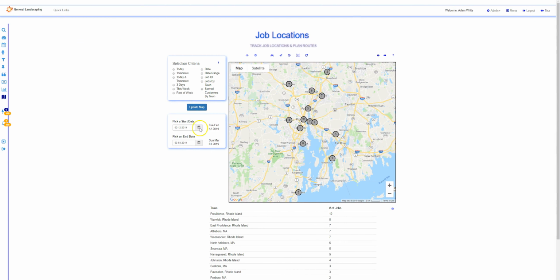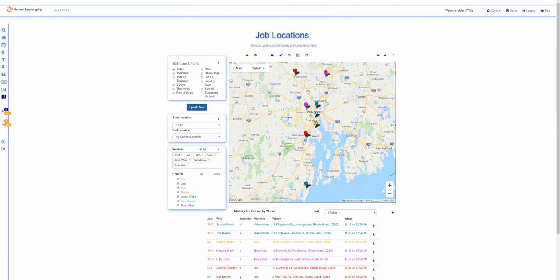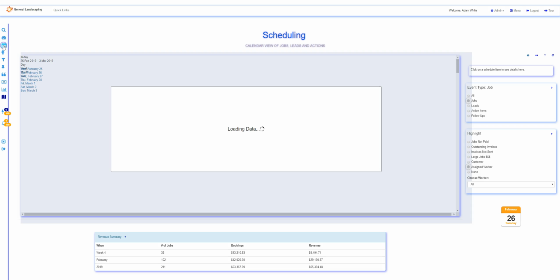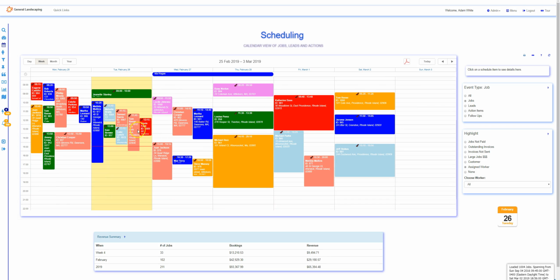So we select that. Let's select an even larger time frame. Update map. What we're seeing is the number of customers that we served in that time period, town by town, with a summary down below. It's probably dawned on you that this can be a very useful tool to use along with your scheduling. So if you're trying to schedule a new job, say you're on the scheduler, and customer calls, wants you to do some work today, you see an open time slot,